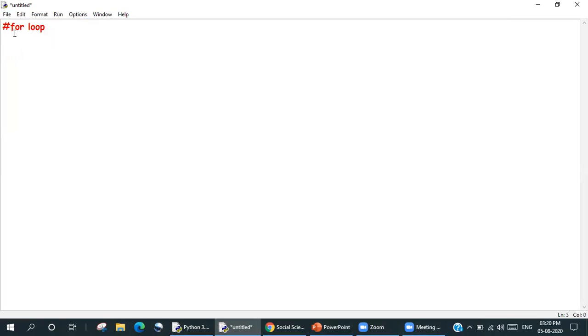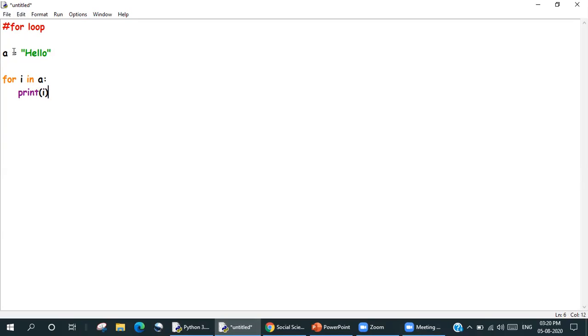So in this for loop now, basically I have a string, let's say a equals "hello". I want to print this, every alphabet on a new line. So I will say for i in a, and then I'm just going to say print i.